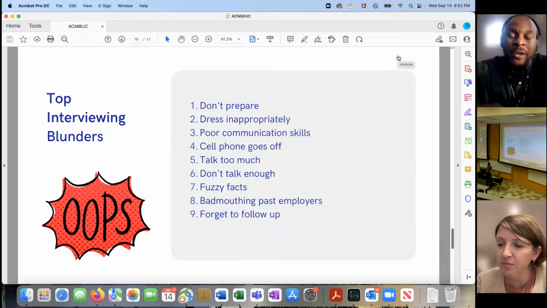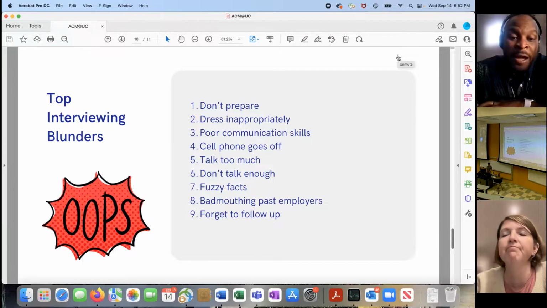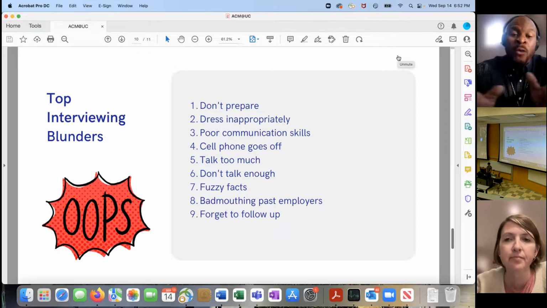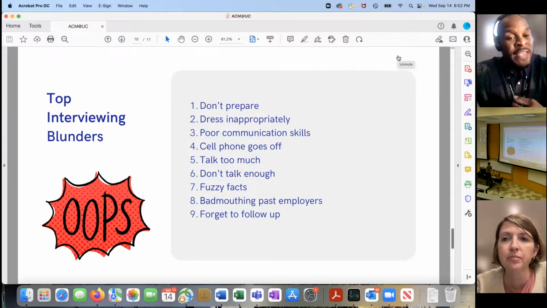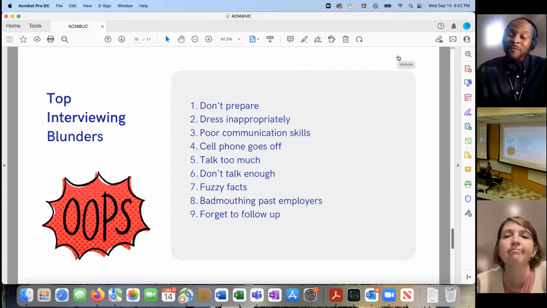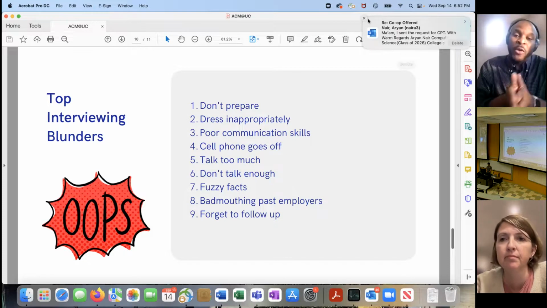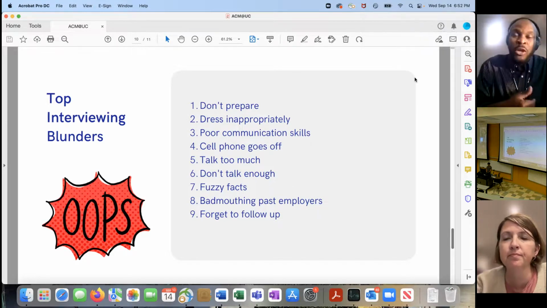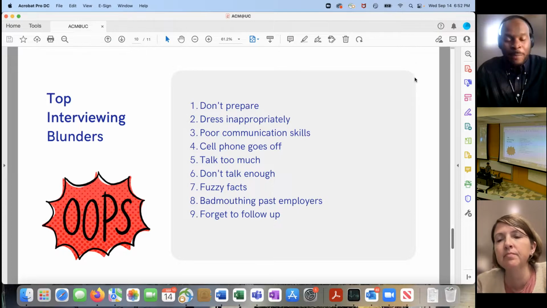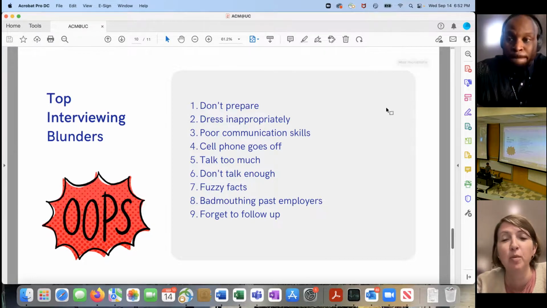And this might sound counterintuitive, team, but you follow up even if you don't get the gig. And again, express gratitude. And here's why. When you all are in the co-op search game, sometimes things happen with students where they had originally committed to a co-op and then it falls out. You never know, even if they didn't hire you the first time, if you express on the back end, hey, thank you for the opportunity, if anything changes, I'd love to be at the top of your list. Sometimes that gig may come back around unexpectedly. You just never know. Very good point.